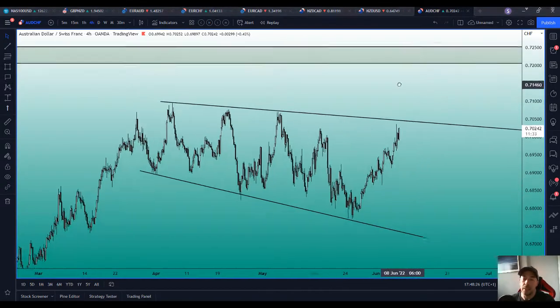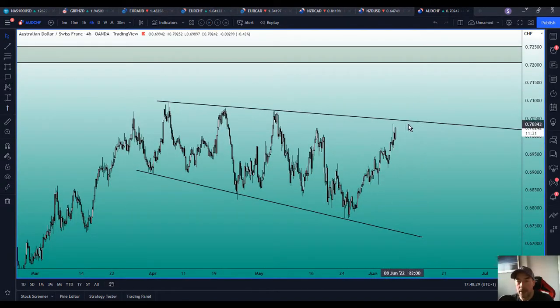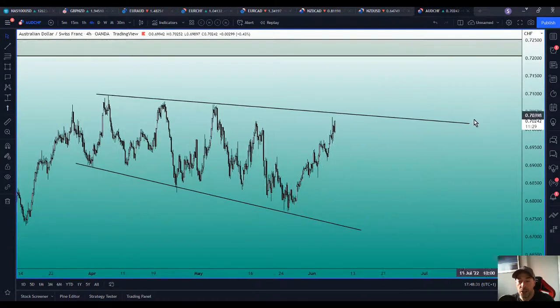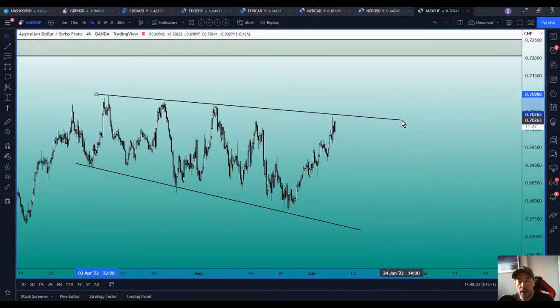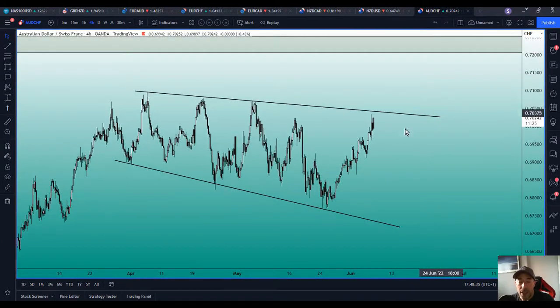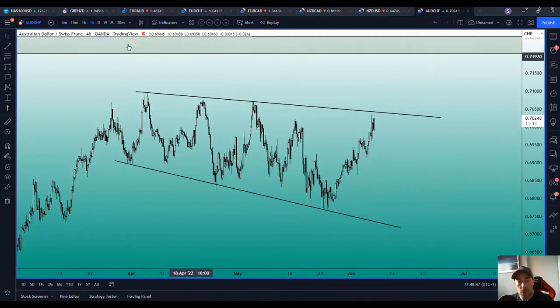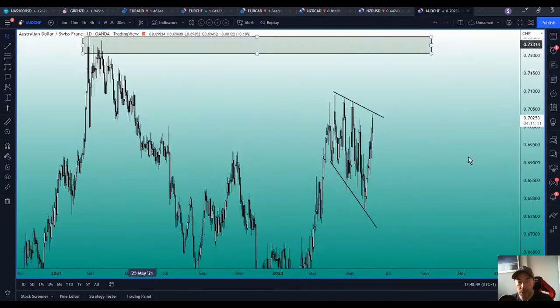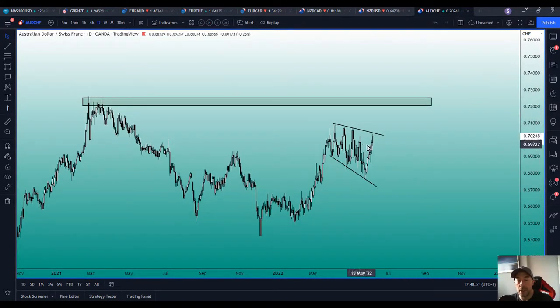I predicted that price would hit or reach the top of this channel, where it would either start to reverse and we'll look for another move down, because what we actually have here is a bearish structure. It's making lower highs, lower lows, or it could break out, because when you look at it at the bigger picture,